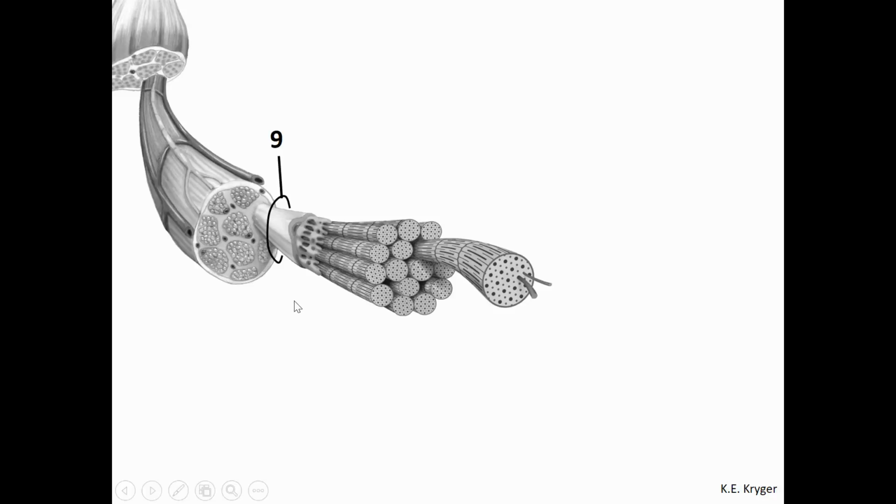Right, so number 9, this is going to be our muscle fiber. And remember, muscle fibers are just super, super, super long cells. So we call them muscle fibers instead of muscle cells. And so cells are made of cell membranes, nucleus, and cytoplasm. So 9A, down here, I've highlighted 9A,